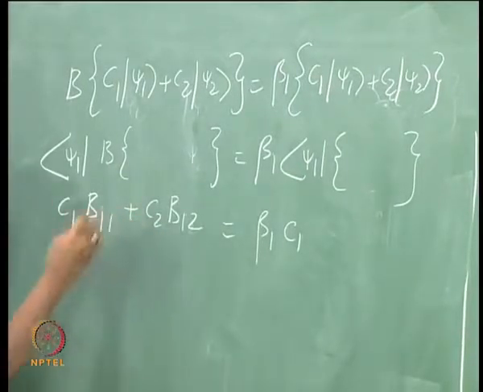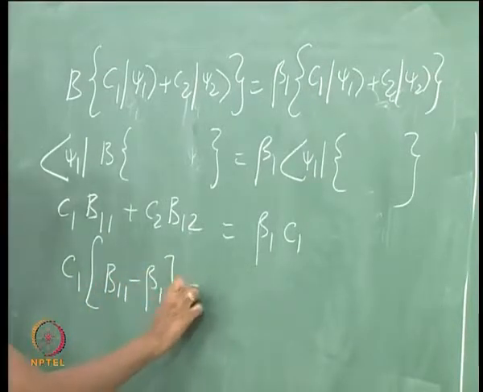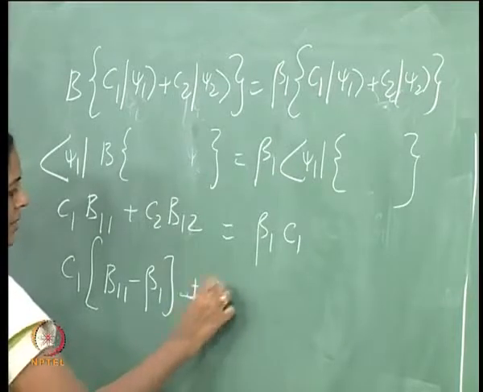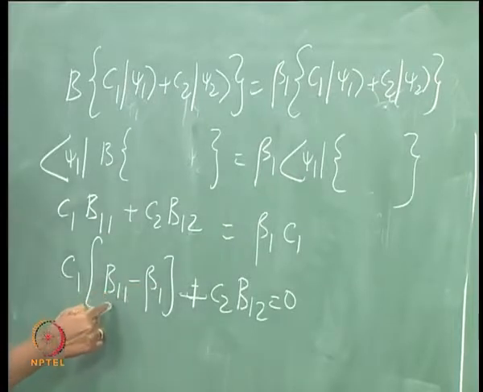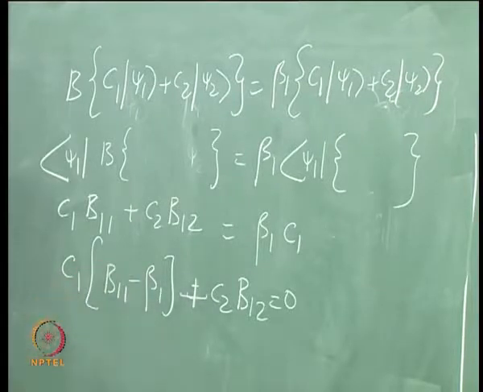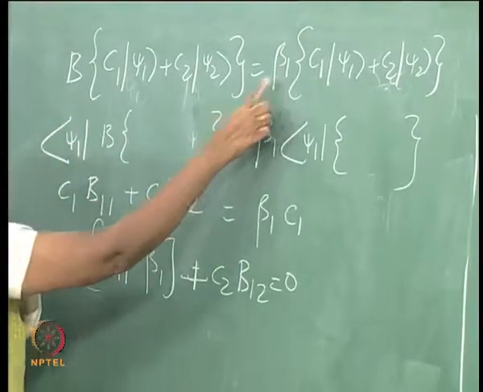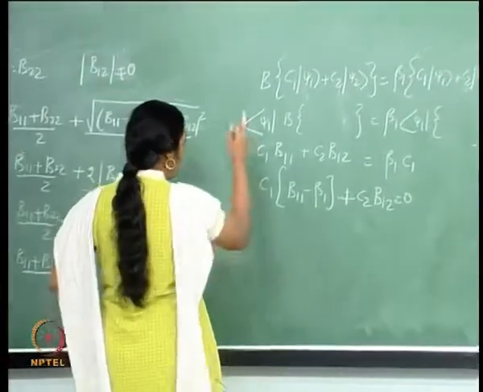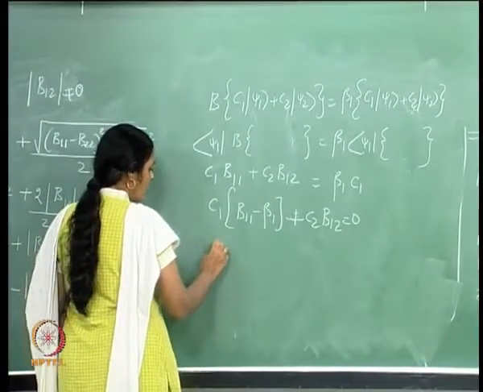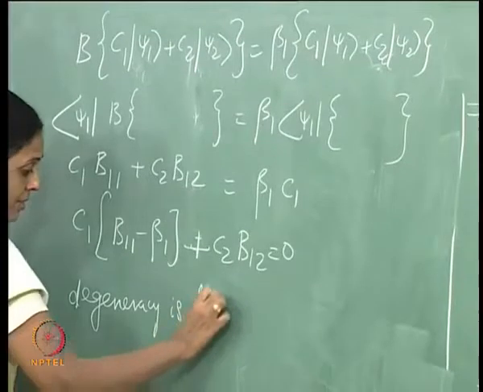B11 is not 0, B12 is not 0. Therefore, I have C1 times B11 minus beta 1 plus C2 B12 is equal to 0. Neither B11 nor B12 are 0. This would therefore lay conditions on C1 and C2. Similarly, if I started with beta 2 here, it would lay a different set of conditions on C1 and C2. In other words, this is the situation where degeneracy is lifted by B,